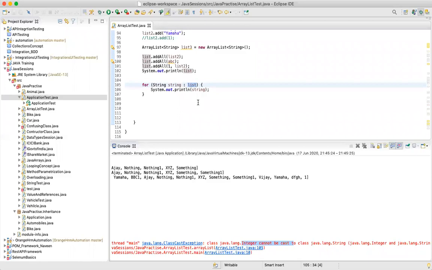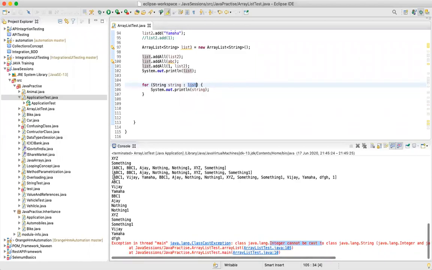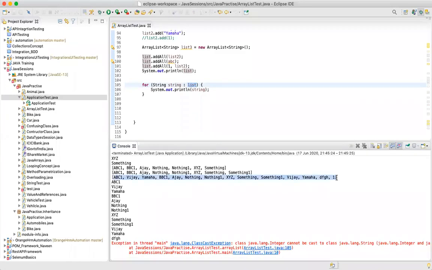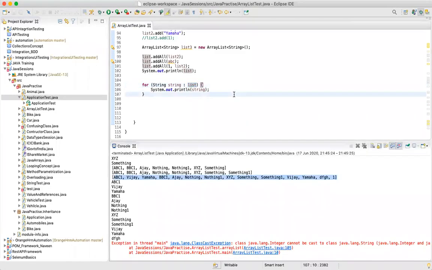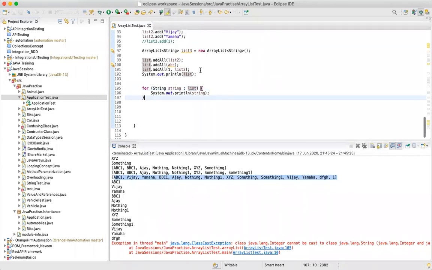Even going forward, let's assume you want to get the values of all these elements, store them somewhere again in a string, and pass them into a different method as a parameter. Again, you will get this error. So I'll say this won't work because of non-generic.